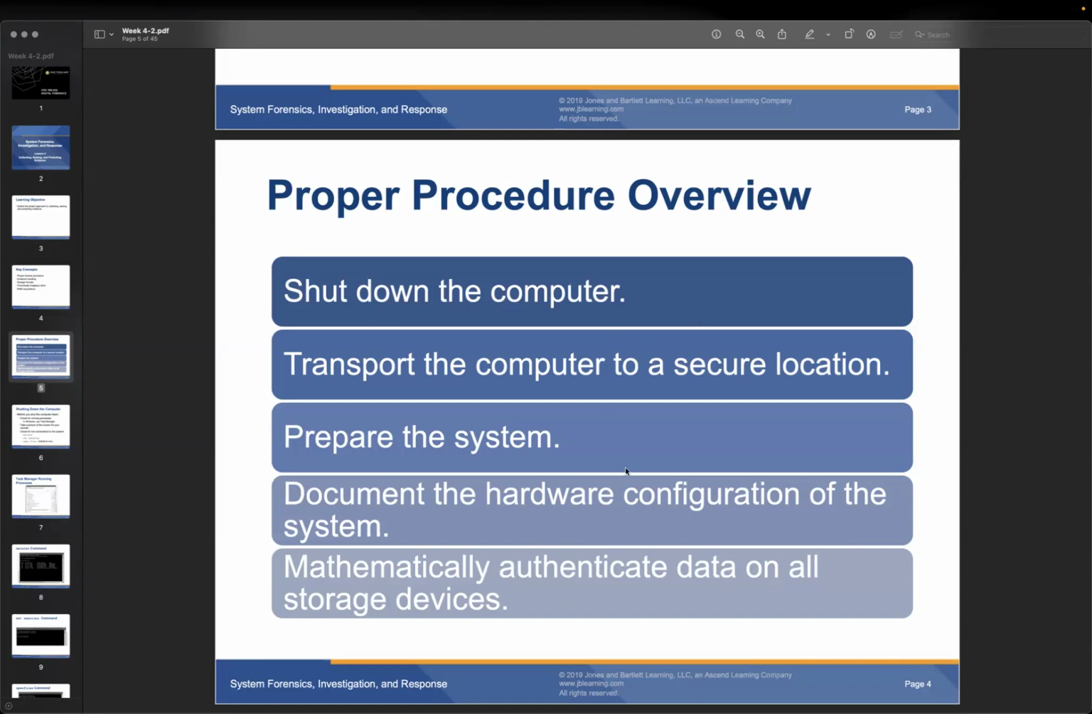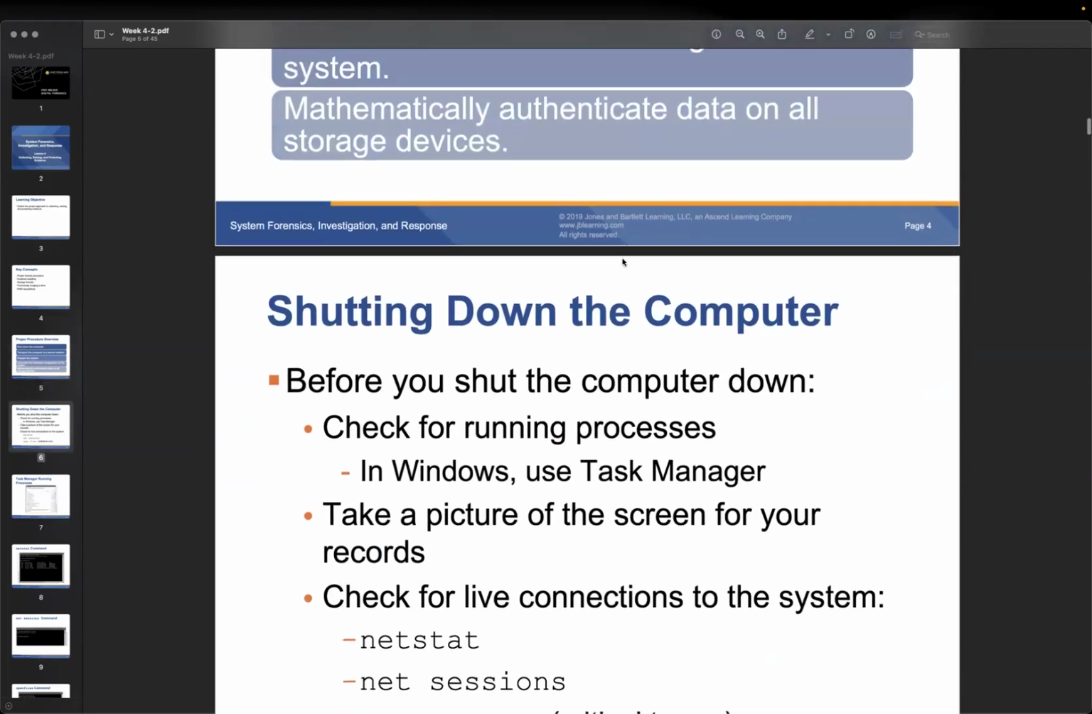We need to understand that everything here is about collecting evidence for a crime, right? Most of the time, police will come and take your property and keep it. They will shut down the computer, take it, and transport it. Then, in the laboratory, they will prepare the system and get it ready. They document the actual hardware, so we need to check the configuration, what hardware is included, and how we can work on